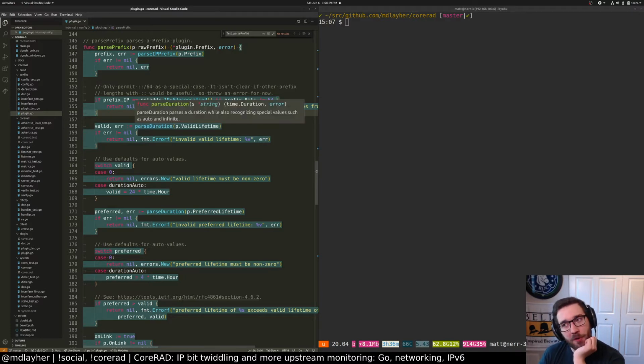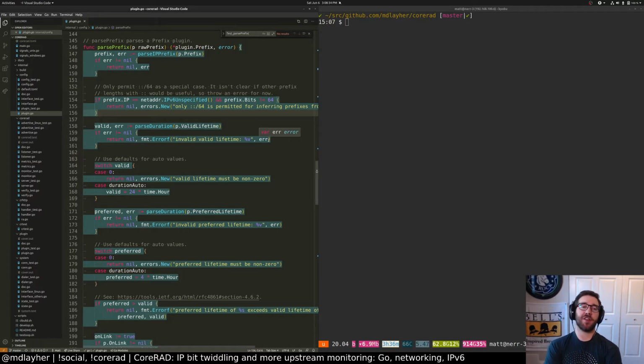Can anybody think of a reason why it would make sense to allow anything other than /64? Because for stateless address auto configuration, you need 64s or bigger. I'm pretty sure you could do SLAAC with like a /56. It'd be really weird, but I'm just trying to think of cases where it might make sense. I guess, for example, if you had a /96 assigned to an interface and you wanted to advertise that a /96 was on link or something, you could. I have no idea. I run /64s because I am not insane. So...